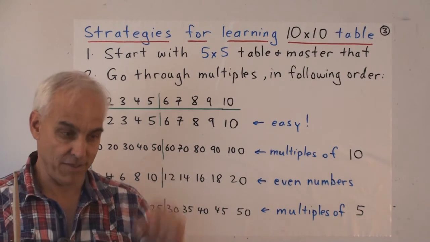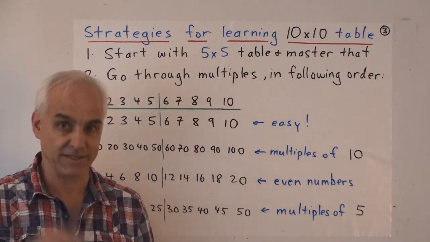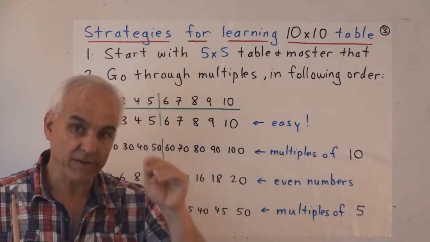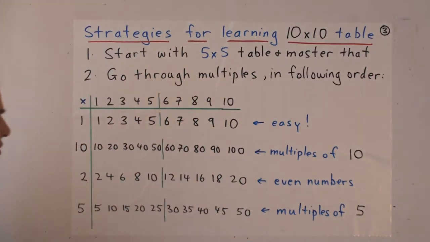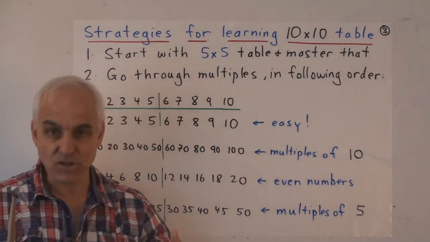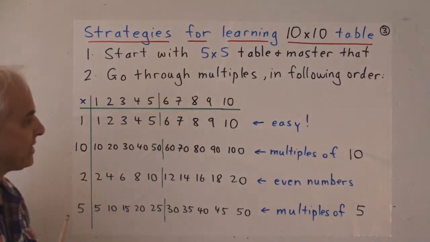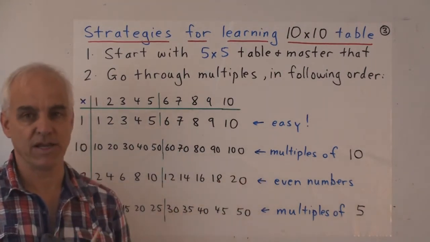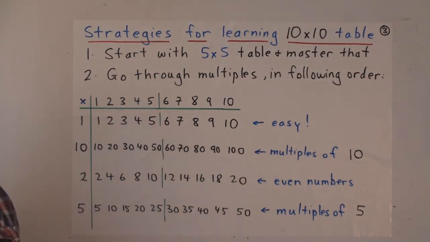It's a rectangle, a 3 by 4 rectangle, and we're counting cells. That's the primary geometrical understanding that we want the students to have. So we emphasize that by starting with the 5 by 5 table. Then it's reasonable to attempt to learn the 10 by 10 table by doing it in stages and by essentially going through rows, multiples of one given number. Starting, of course, with row number 1, which is very easy.